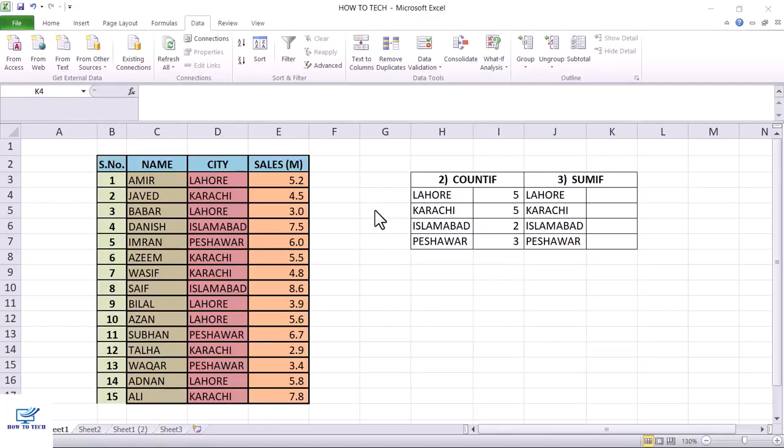And now our next formula is sum if. For example, how much sale have been made by the salesmen from Lahore, Karachi, Islamabad and Peshawar. So first we will work it on Lahore. First write equal, then sum if, press tab and select the range. Range is here